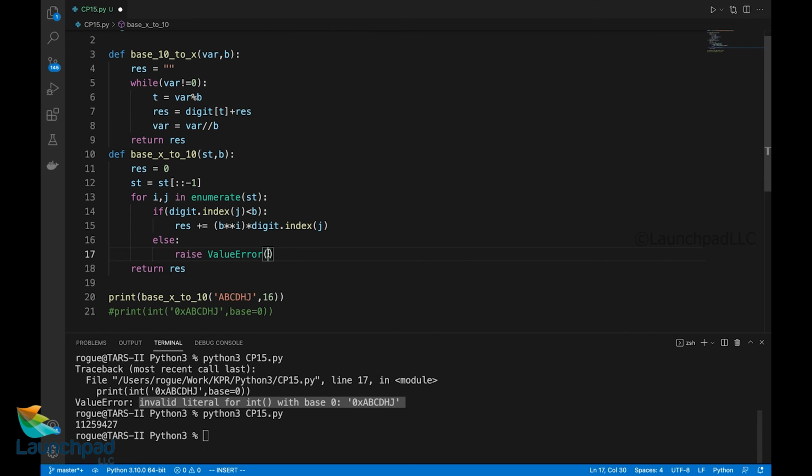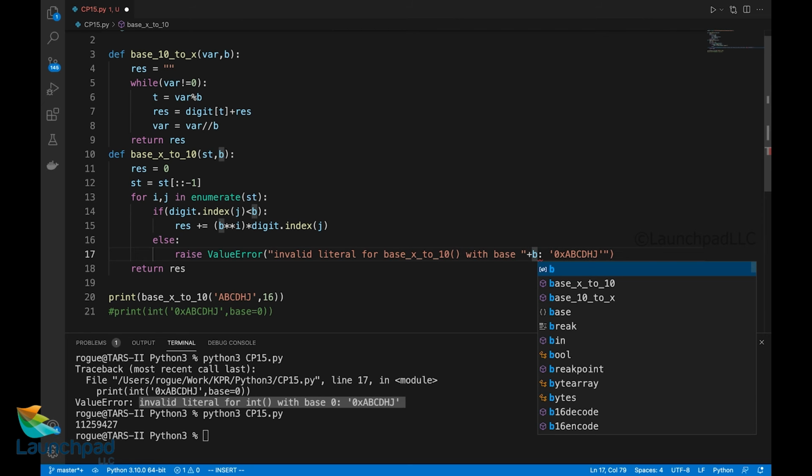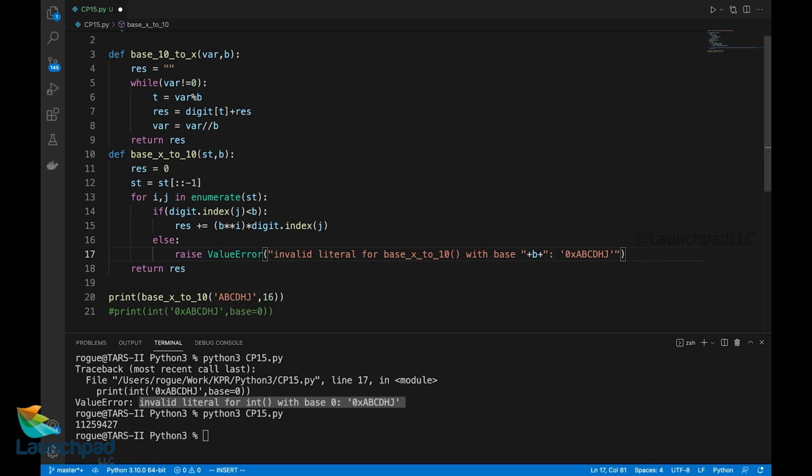I'll keep the same old message here: Invalid literal for this function, which is a user defined exception we are passing out for the base_x_to_10 function, with the base and the value we have provided, which is st, the string we got as an input here.